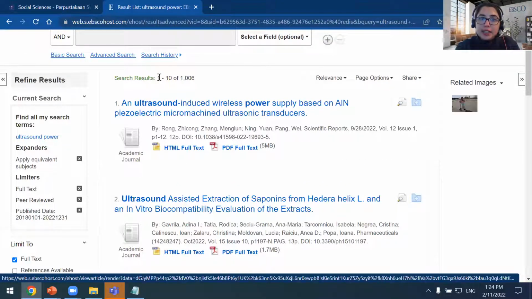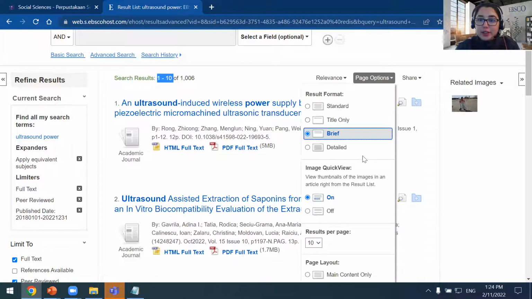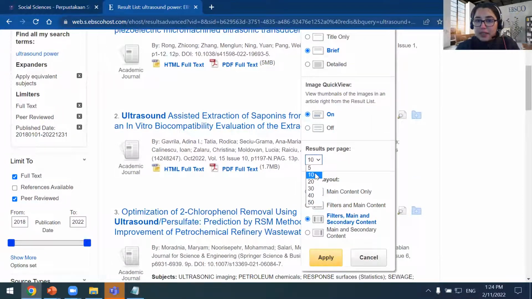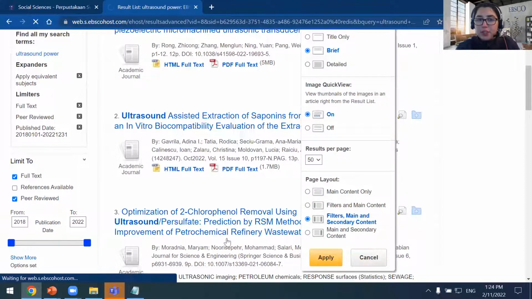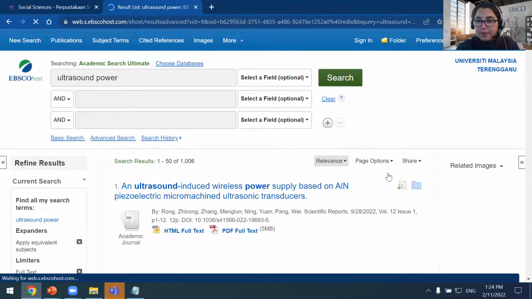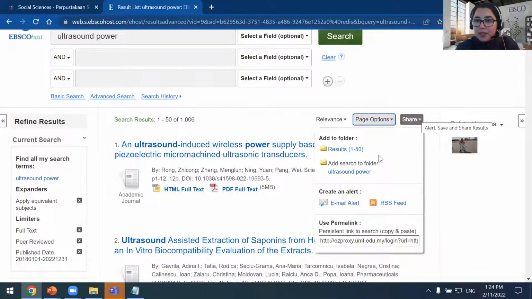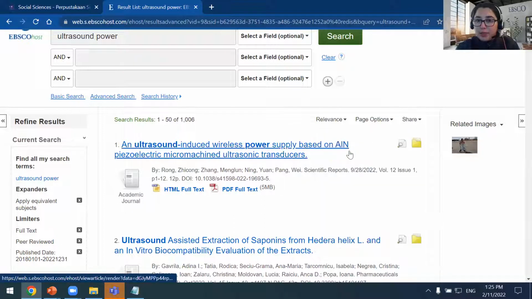And you can see at the moment I'm seeing 10 results. Under page options though, if I want to see more results per page, the default here is 10, but I can go all the way up to 50. So it shows me 50 results on the page at a time. Now, another thing I want to point out is the share option. I could add content to a folder. So I'm going to add these 450 results.